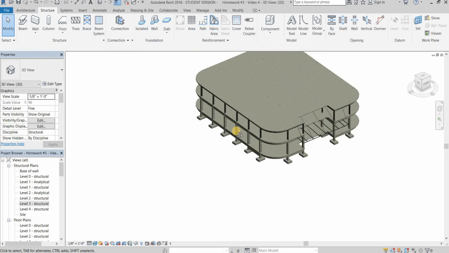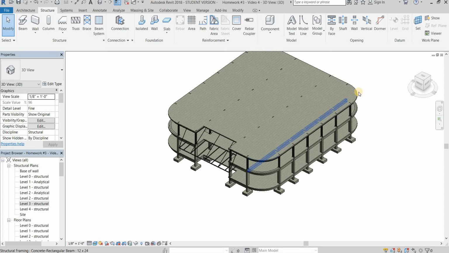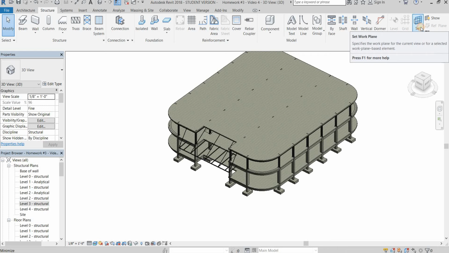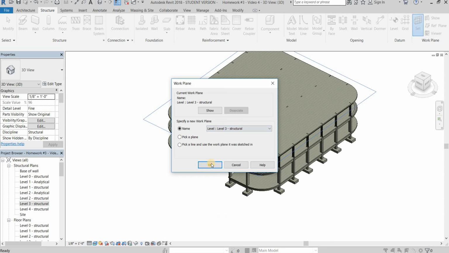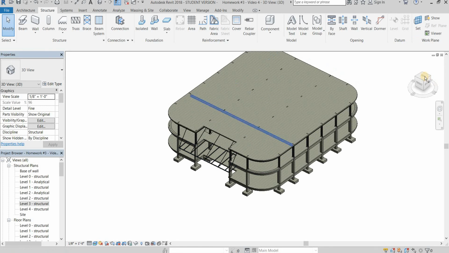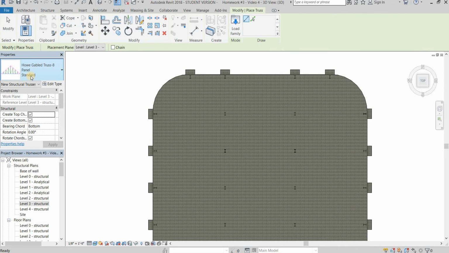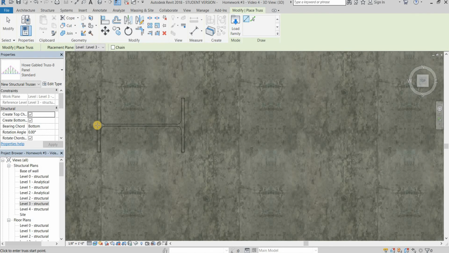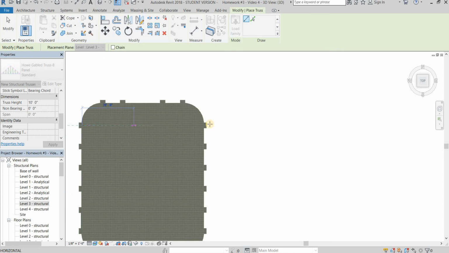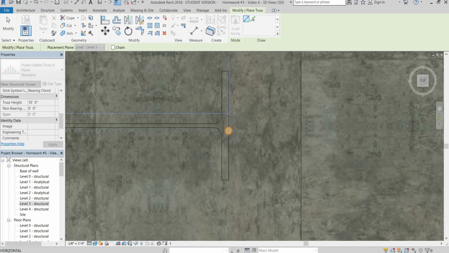Okay. So to insert our beam, first of all, when we are in a 3D view, you need to set up your plane. Usually the default might be level 0 or level 1, so make sure you are on level 3. After you do that, let's go to our top view, and I will click here, truss. We'll use this one. Let me zoom in at my column, and I will just click here, go straight to the other side, click here,